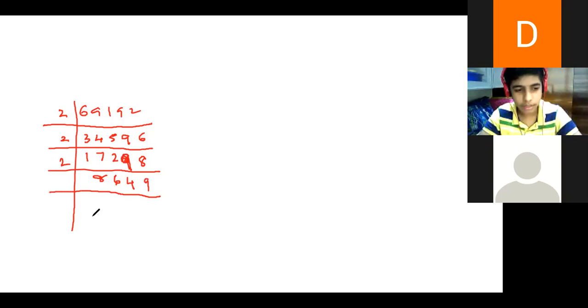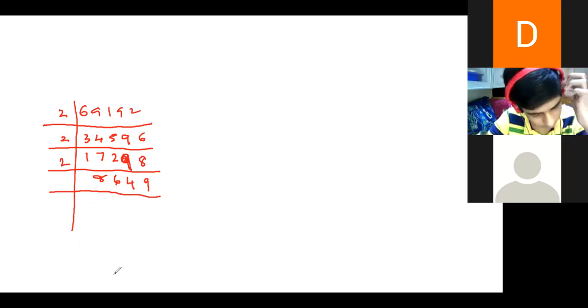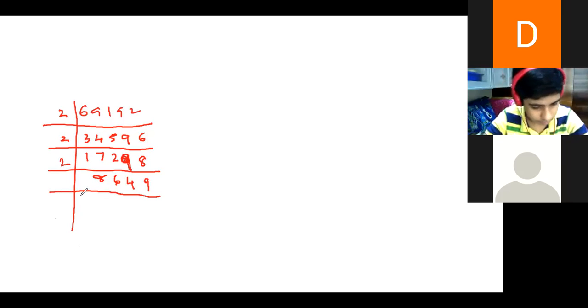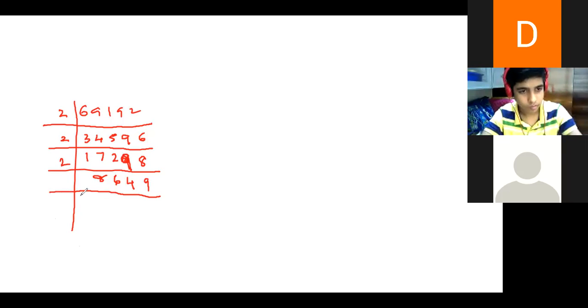I got the multiplied answer also. See, we don't want the answer after multiplying. We want only the number to be multiplied and divided. Yes, sir. No need to actually multiply. You will say it should be multiplied by 2 to get a perfect square, or it should be divided by 2 to get a perfect square. Divided by 2, the answer is in front of us only because we have done it in the starting.